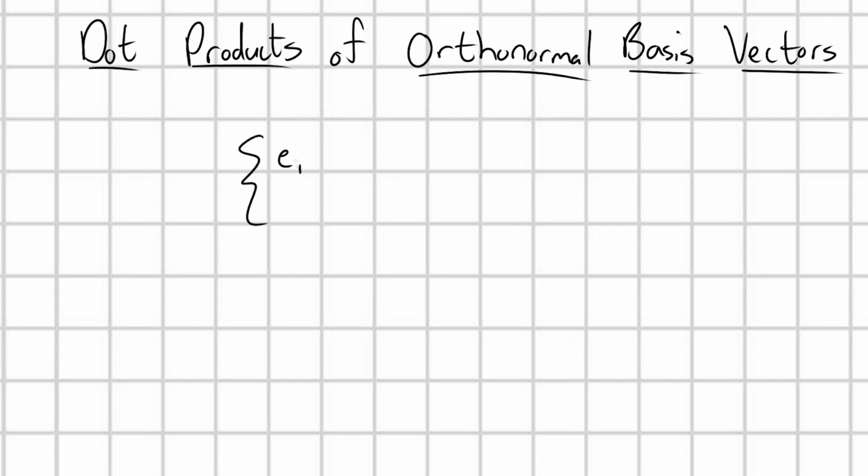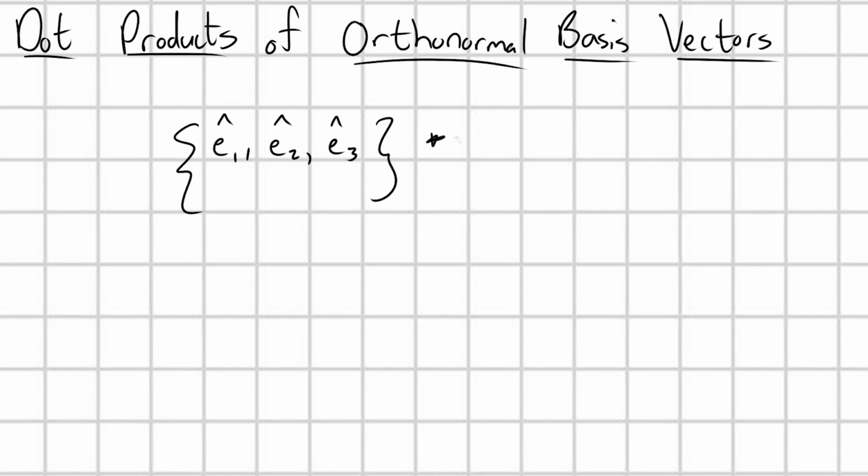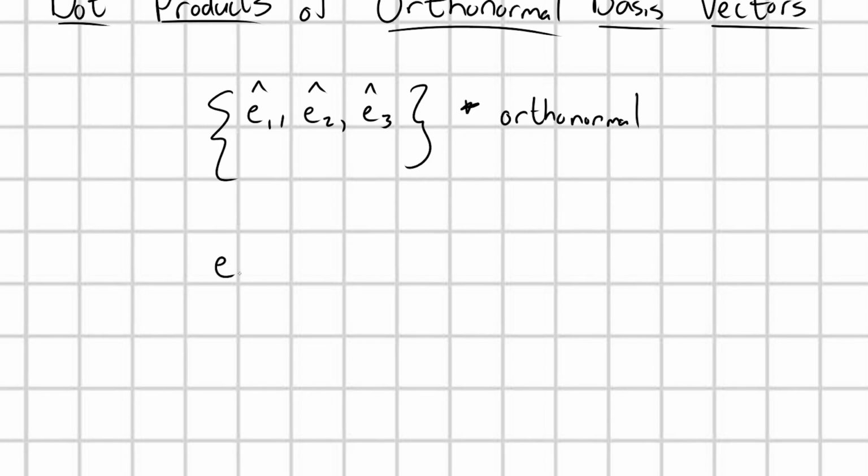So consider that we have e1 hat, e2 hat, and e3 hat, a set of up to 3 basis vectors for 3D space. And we define that these are orthonormal basis vectors, right? In that case, what is e1 hat dot e2 hat going to be? Well, this is just going to be the magnitude of e1, which is 1, times the magnitude of e2, which is 1, times cosine of the angle between them. Oh wait, they're orthonormal. They have a 90-degree angle between them, so this is cosine 90, or in other words,